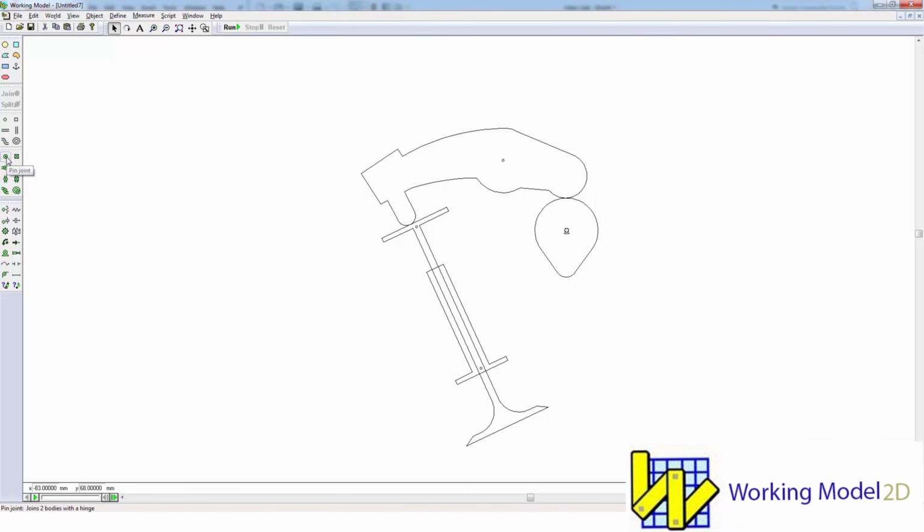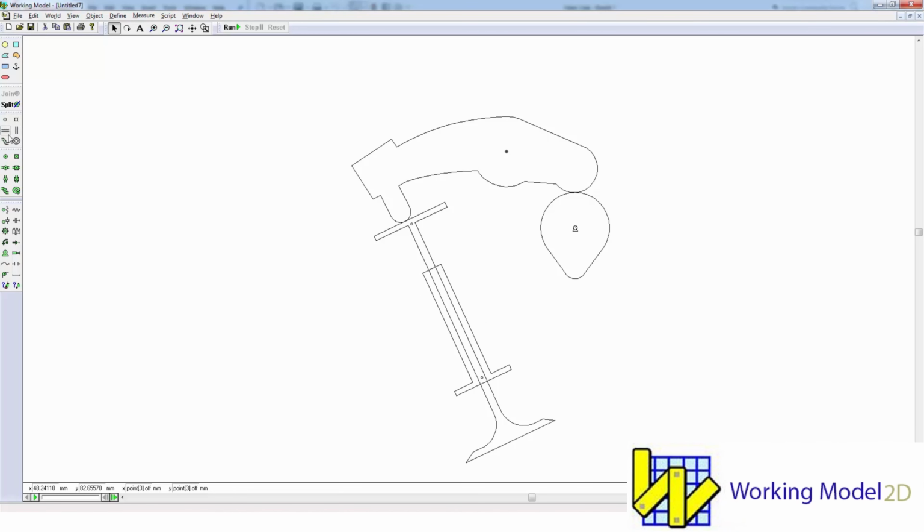Next, we'll add a constraint or a pin joint for the rocker. Next, we're going to add a slot joint for the valve to the valve guide. And in order to do that, we're going to use the point elements that we also discussed in the previous video in creating a Whitworth mechanism. We'll go ahead and start by clicking on the square point. I want a square point and a slot so that when I join them, it will create a keyed slot. That's going to be different from a pin slot joint in terms of the degrees of freedom.